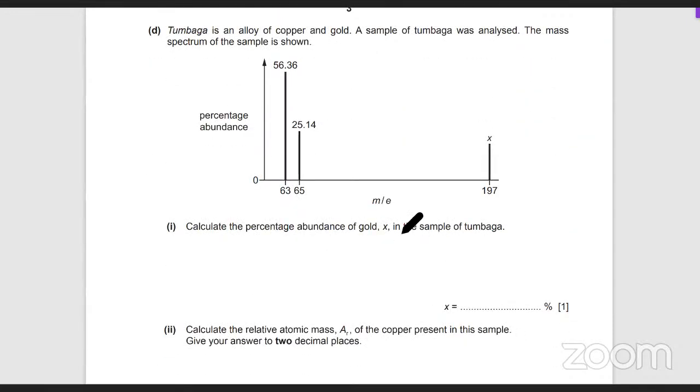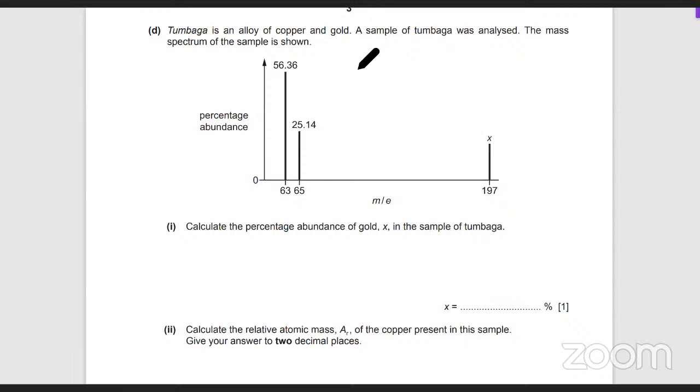Calculate the percentage abundance of gold X in the sample of Tumbaga. Tumbaga is an alloy of copper and gold. So calculate the percentage abundance of gold. ये gold की percentage निकालो. What's the percentage abundance of gold? How do you find that? Oh yes, sir. This is the topic I was talking about, sir. Percentage abundance. So percentage abundance के वैसे